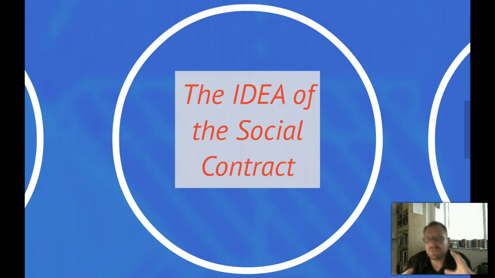Now, let me just talk about what the basic idea of the social contract is. It's really simple. The idea of the social contract is that we come together, through certain circumstances, and we give up our natural, unalienated freedom, our natural freedom and equality. We give that up because it's mutually beneficial to create a system where we work together and have obligations and duties to each other. And so we essentially contract, the way we talked about last time between pacts and contracts. Hobbes talked a lot about that. But from here on out, we're just going to refer to this as the social contract idea: that through some sort of mechanism of consent, we've given the power